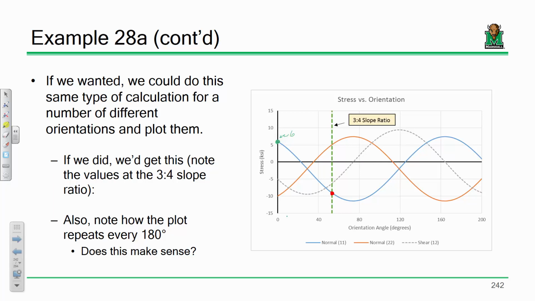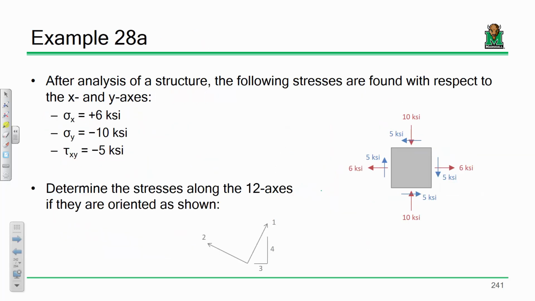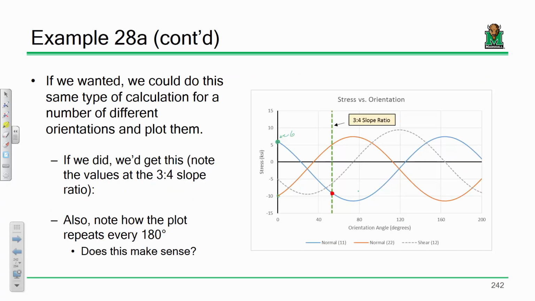It's 6, right? What was the original stress state? 6 minus 10 minus 5. How about 6 minus 10 minus 5? And then as those stresses rotate, we get higher stresses, right? That makes sense? Not too bad, right? Cool stuff, isn't it? Now, so this came out to be, what was it, minus